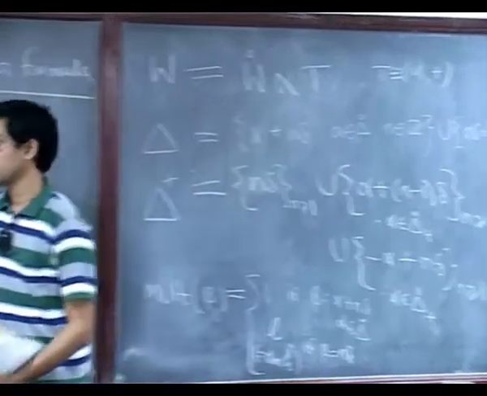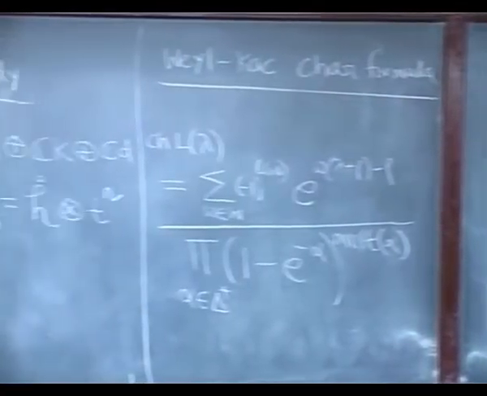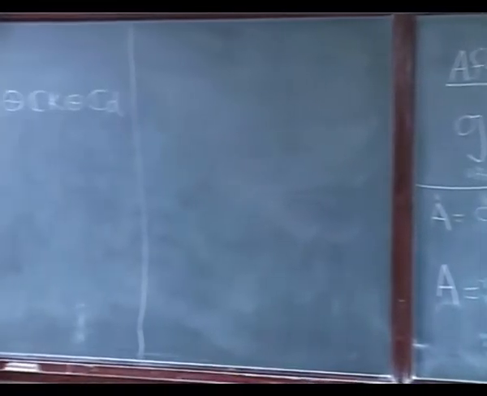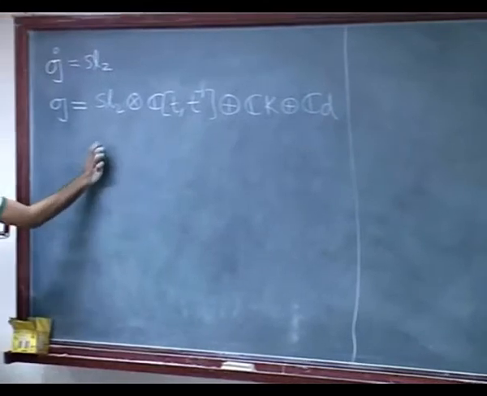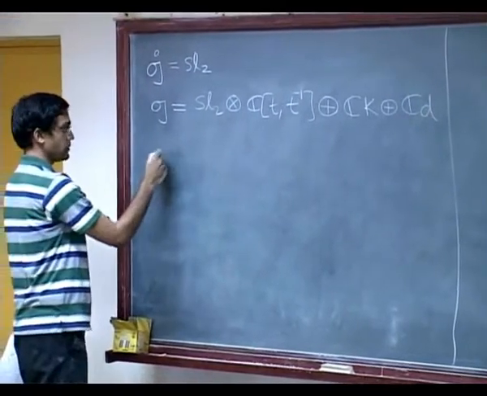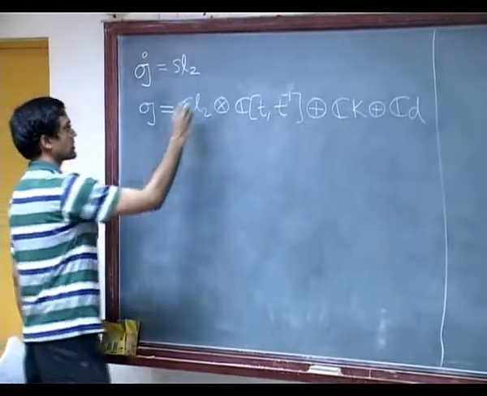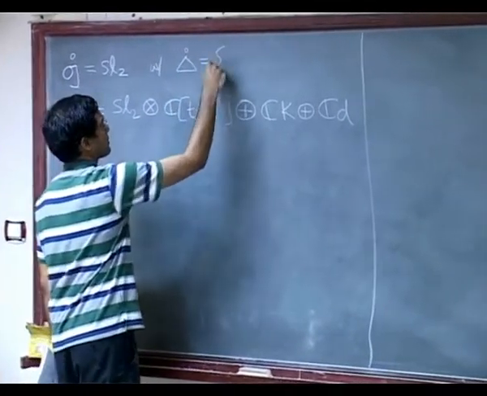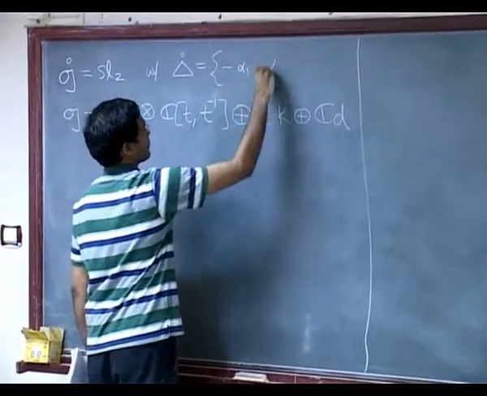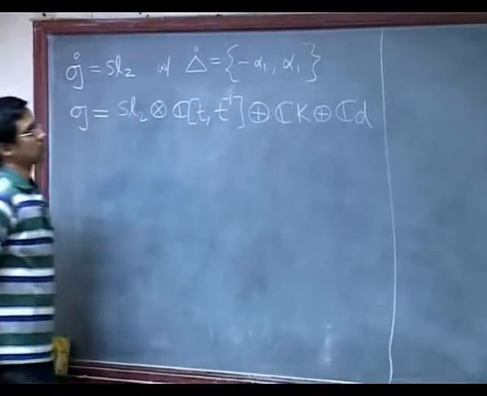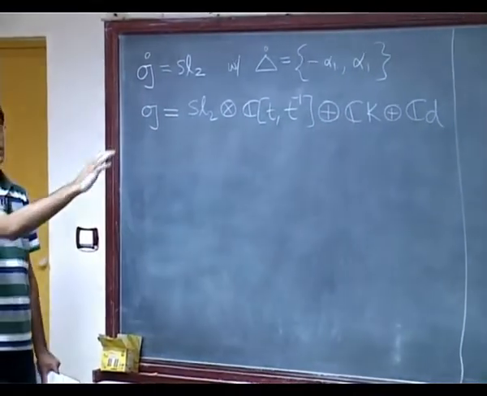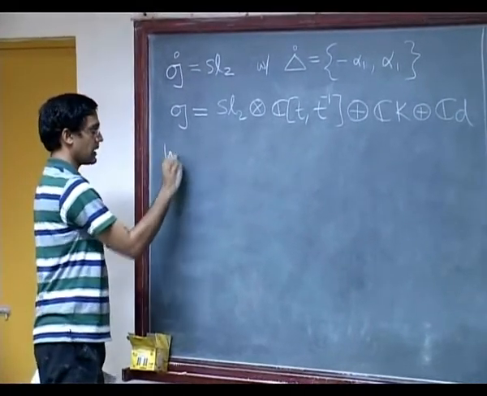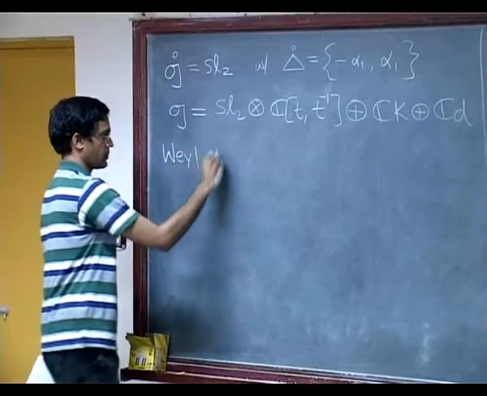Okay. And okay, so maybe the product side. So let me start with the product side of this formula. So in this case, we know what everything is. So let's say its roots are, let's call them minus alpha 1 and alpha 1. Okay, so that now I know what the real roots look like. So let me now work out the Weyl denominator formula.